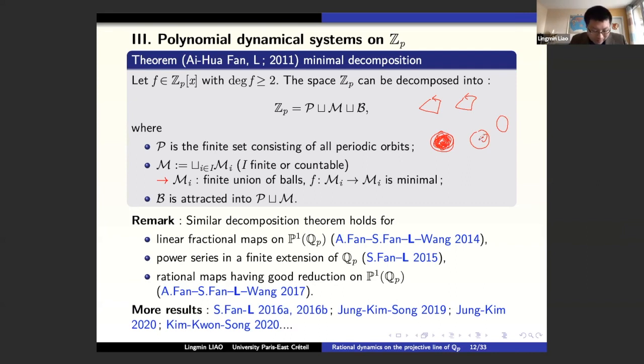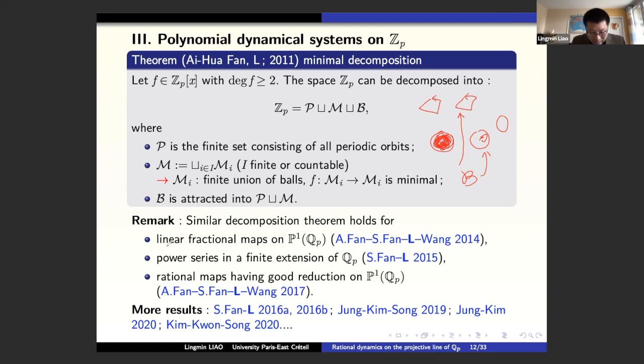And there are some other parts, which form the attracting basin. There are points that go to here or are attracted by the periodic orbit. So this is the general picture of this dynamics. Very important is the one-Lipschitz property. Another property I used is the Taylor expansion. So this idea also works for another